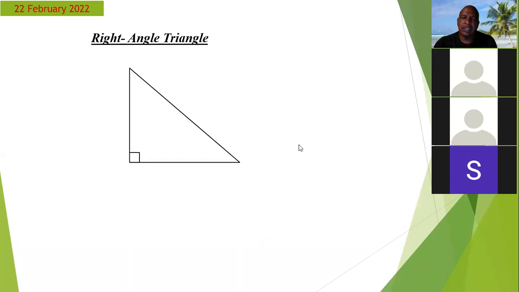Now, can you say anything about all the angles in a right angle triangle? It adds up to 90. Right, so the sum of the internal angles will add up to 90. Right, so that is one of the properties. So if you have one angle which is already 90,